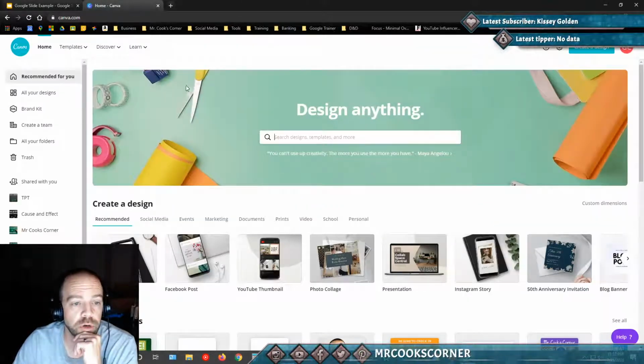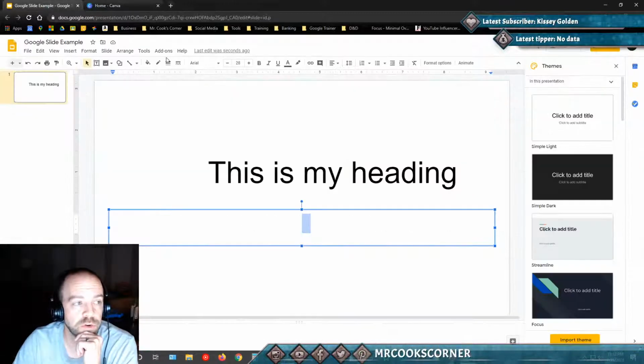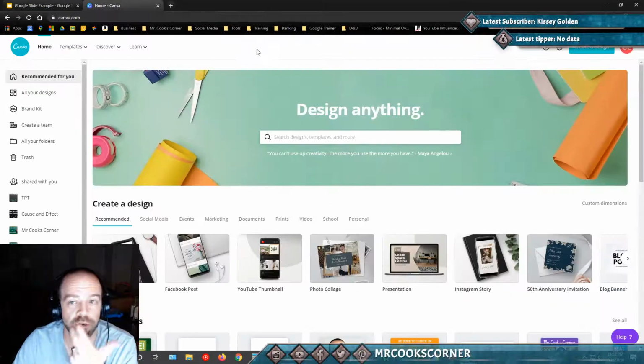So we're going to use a program called Canva. We are going to create a design and insert it as a background here. The first thing we want to do is make sure you have a Canva account,